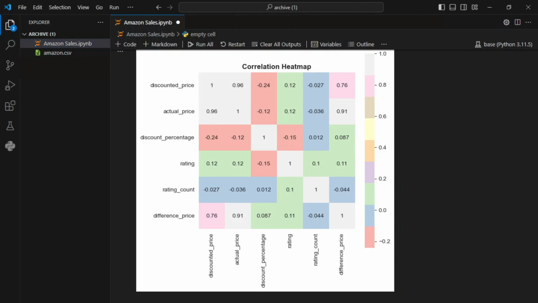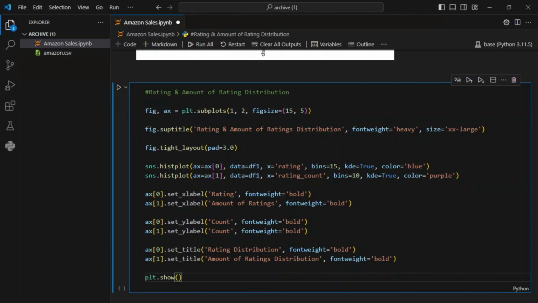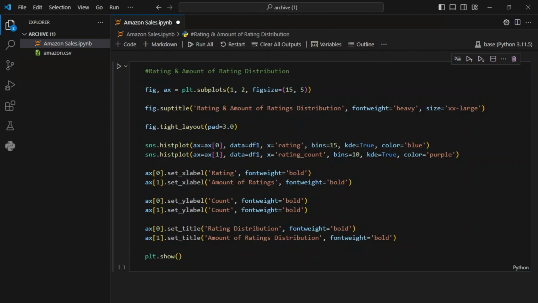Now let's visualize the distribution of product ratings and the number of ratings each product has received. We create a subplot with two panels side by side, setting the overall figure size to 15 by 5 inches for a broader view. The title for the entire plot is set to rating and amount of rating distribution with a bold, larger font, and to maintain some space between the subplots we use tight layout with a padding of 3.0, which prevents